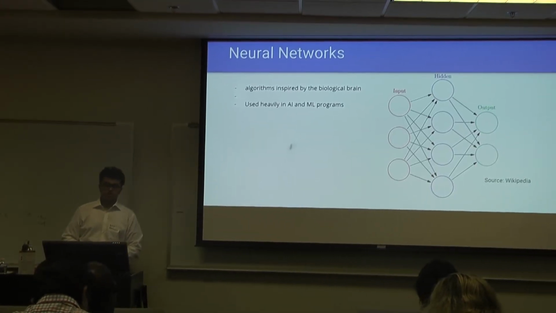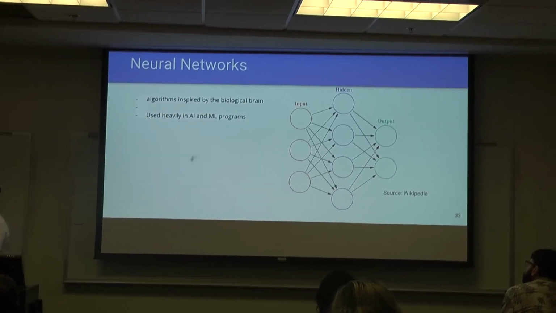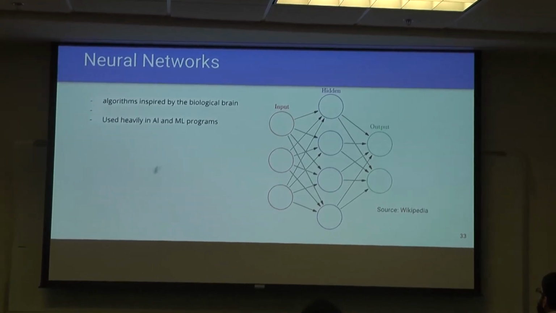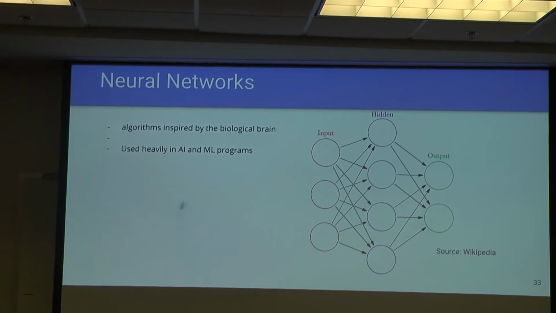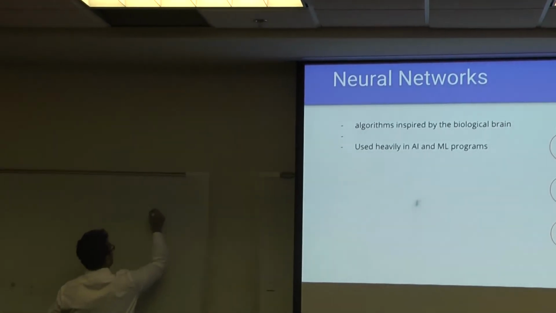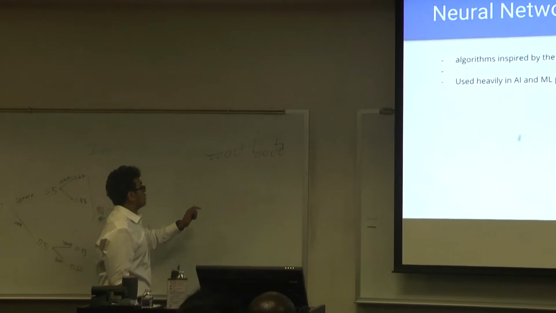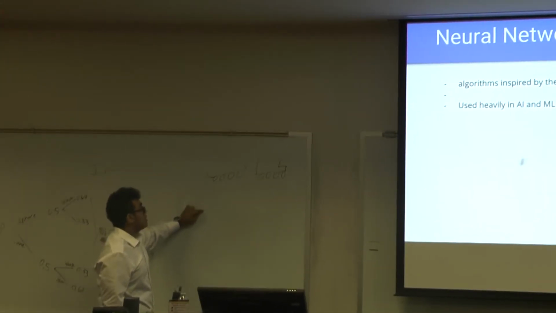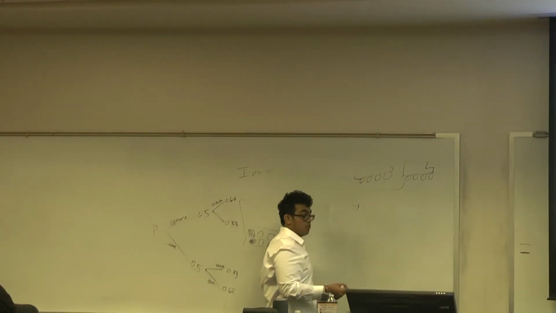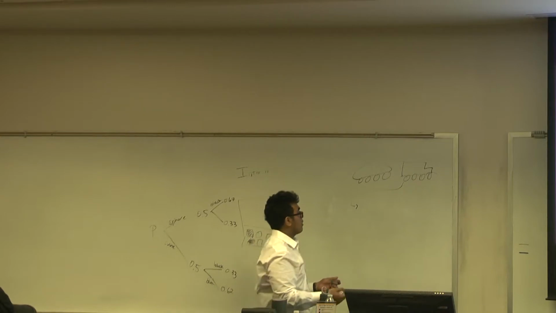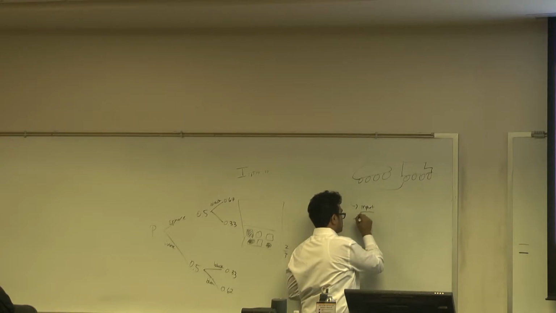Okay, so neural networks. Neural networks work a lot like our human brain. Let's say we wanted to be able to identify the difference between a car and a bus. Well, first of all, we need to teach it what a bus looks like and what a car looks like, right? So that would be our input. Our input would be pictures of buses.